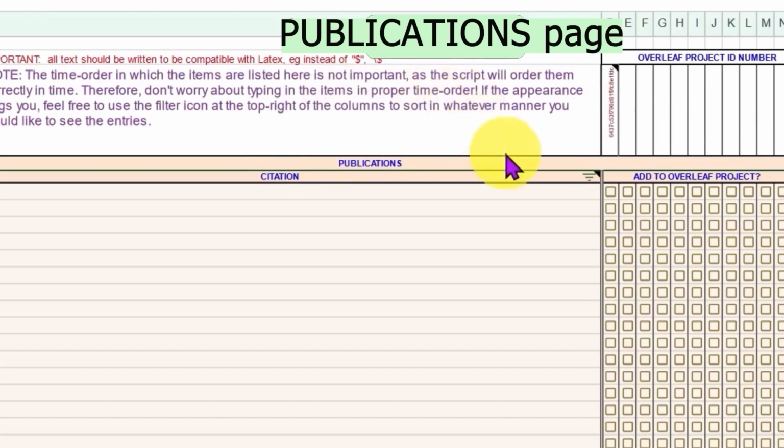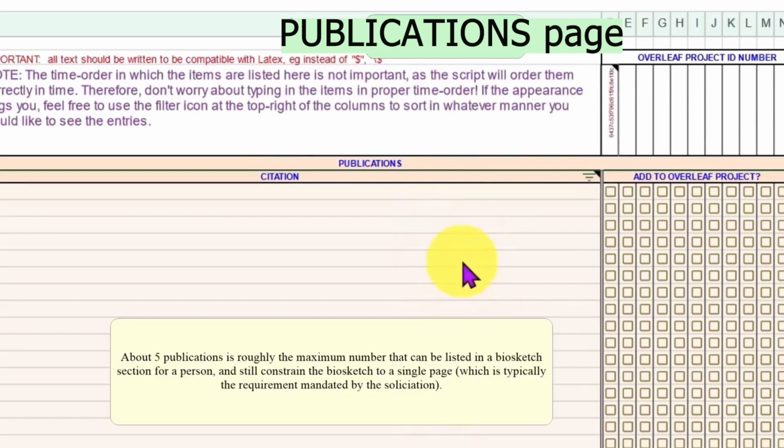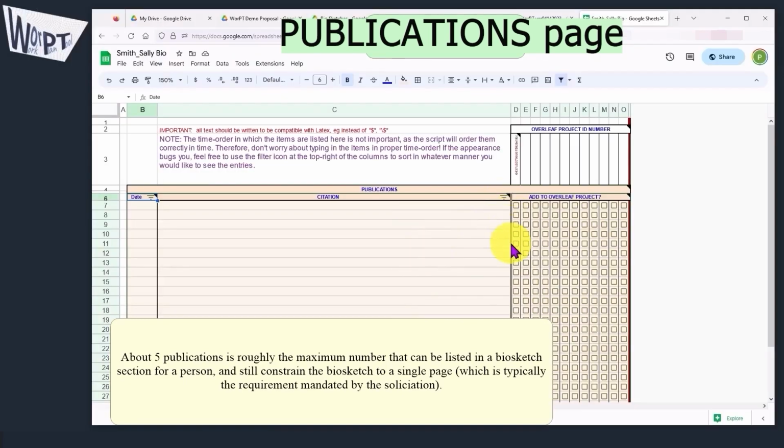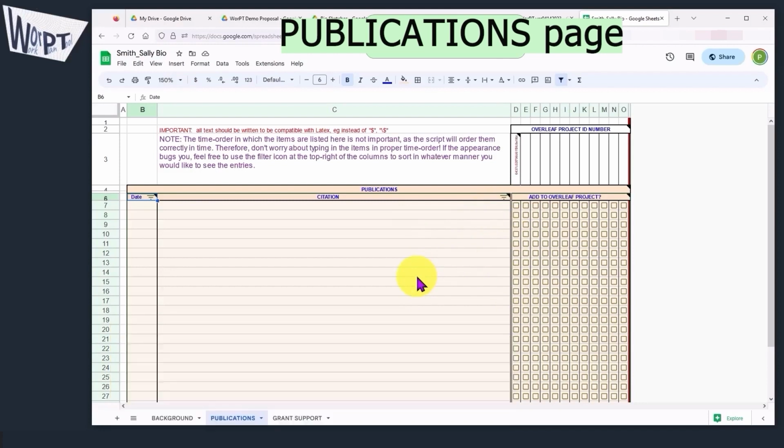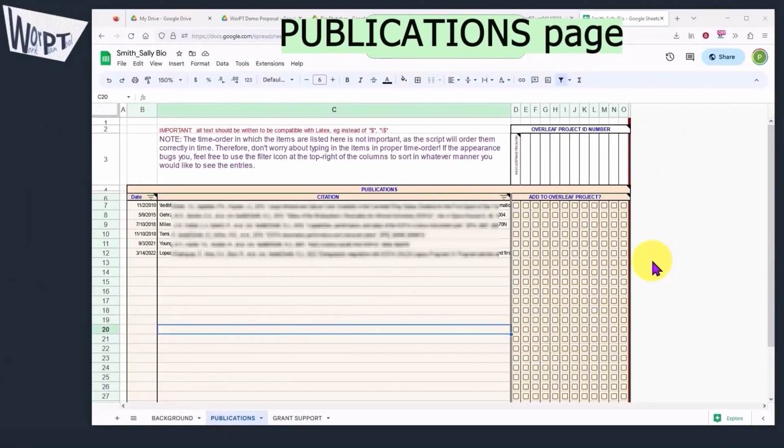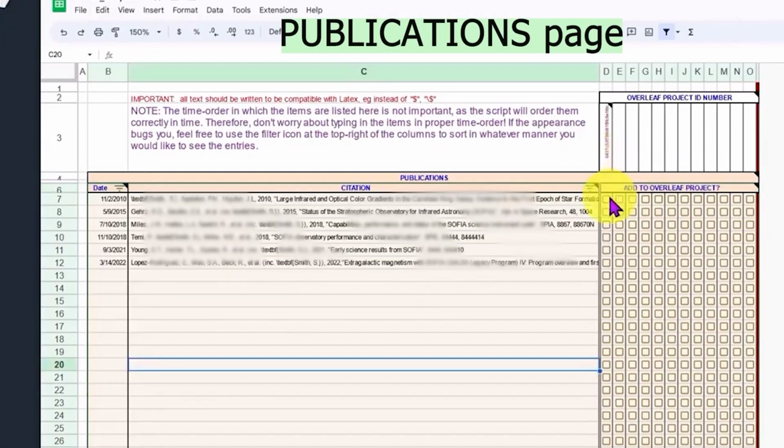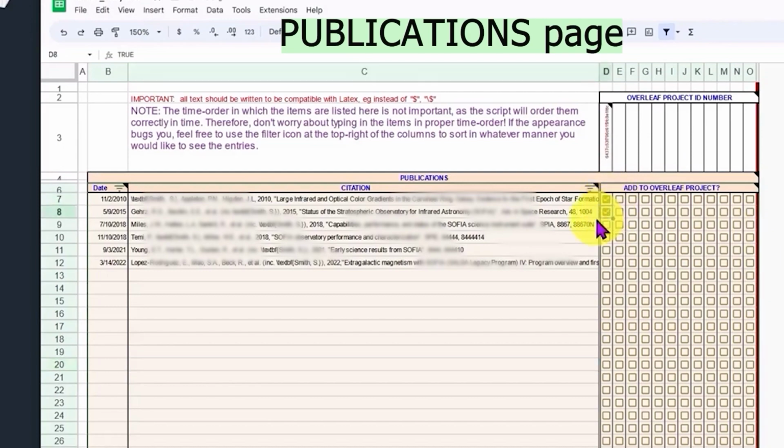And just like before, you will likely end up, over time at least, having more publications than you can fit in your biosketch section in the proposal. And the checkboxes allow you to indicate which publications you want to be selected for that particular proposal. I'm going to go away for a minute and come back with this sheet filled out. Let's say that for this proposal, I'm going to want the first two publications to be listed as well as